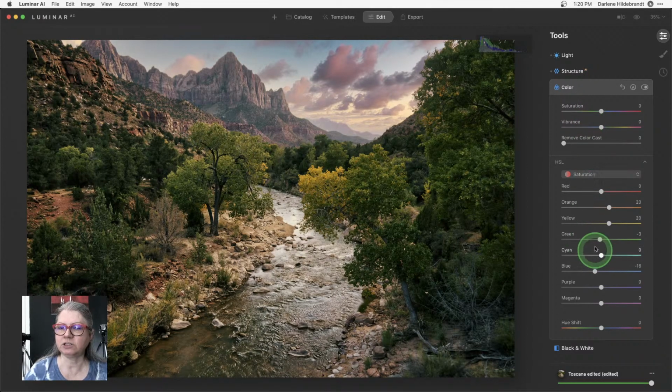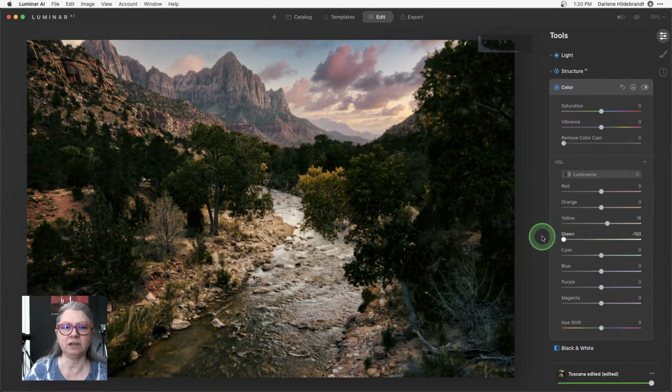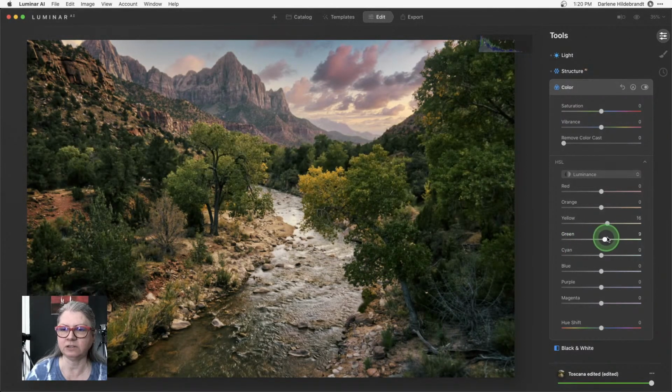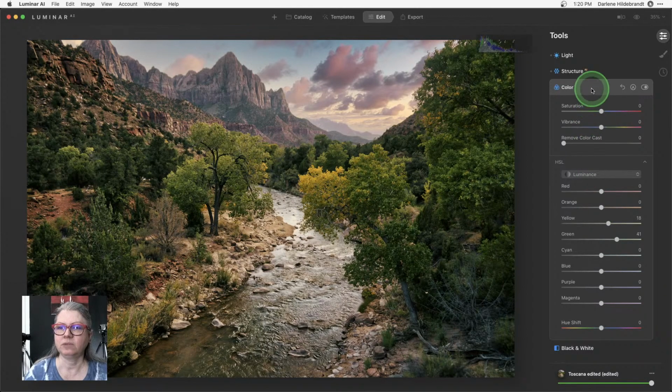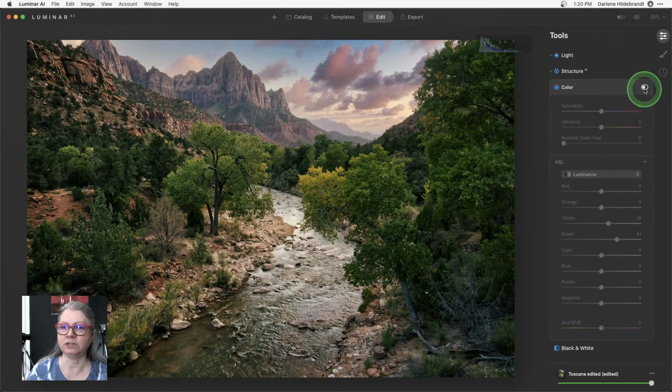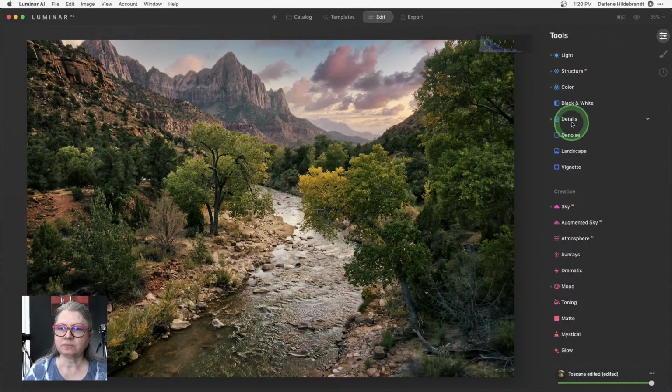So I'm just going to brighten the greens a little bit, so that's luminance. And one thing to note is that green and yellow, you'll see that that's affecting the trees, right? But often there's a lot of yellow in foliage as well, okay? So if you find that the green slider is not working, try the yellow slider as well on your foliage. Okay, so that's a color shift. And you can just use this toggle here to turn that effect or that tool off and on, to see what that tool is doing, right?